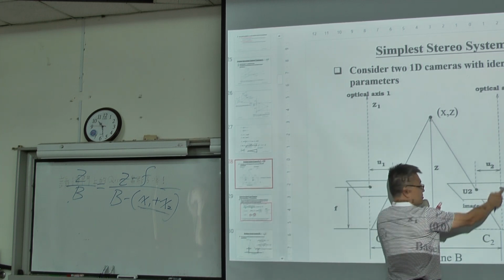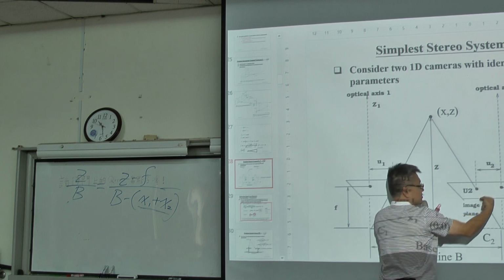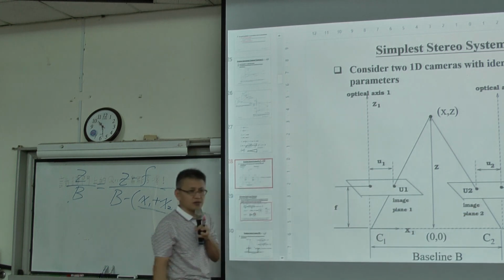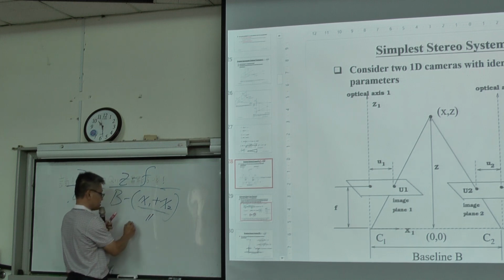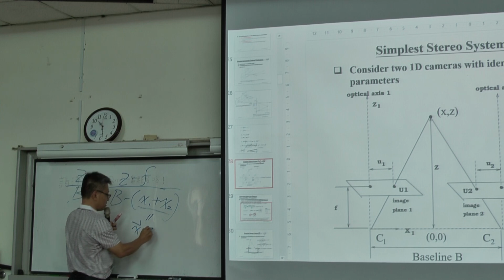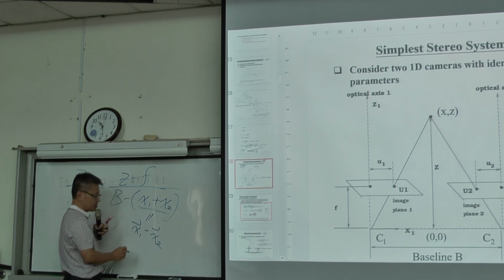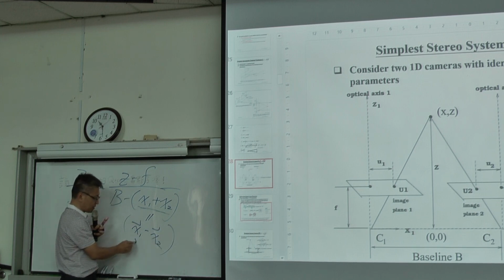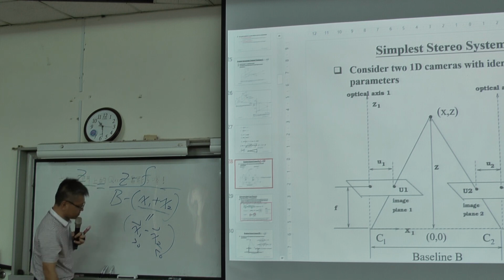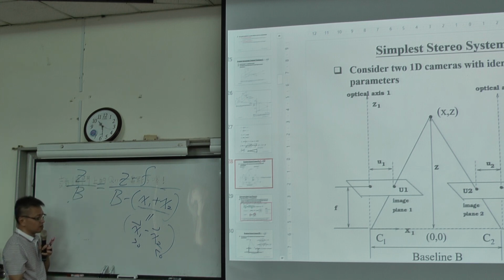And you will find this is 0, 0, and this is negative, 这是负的。所以基本上，如果以向量来讲呢，是 x1 减掉 x2 这样子。x1 是大于0，这个是小于0。基本上，先不管这个。Okay, so